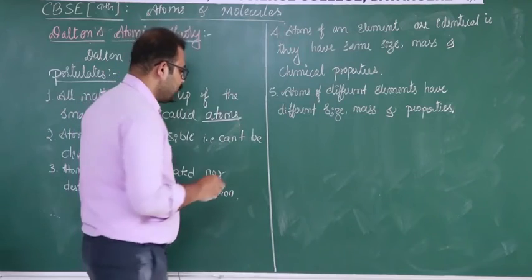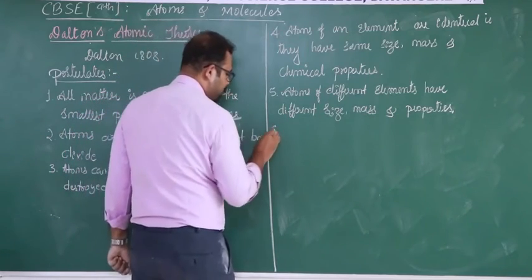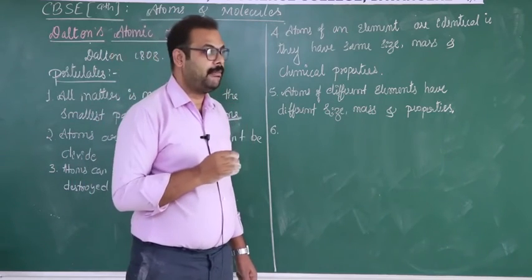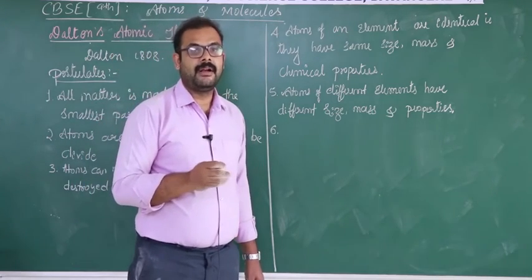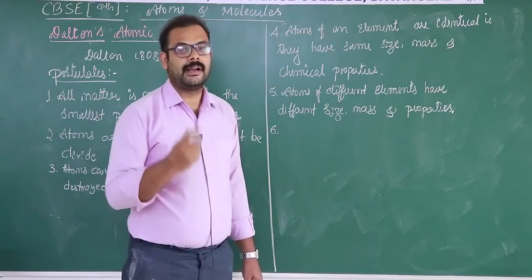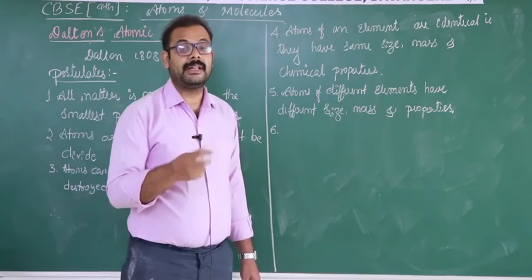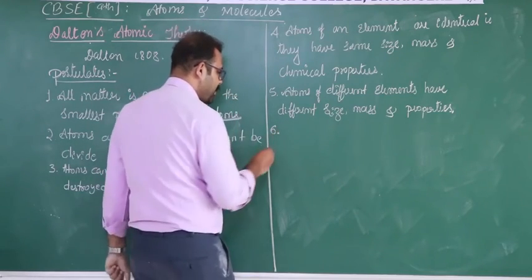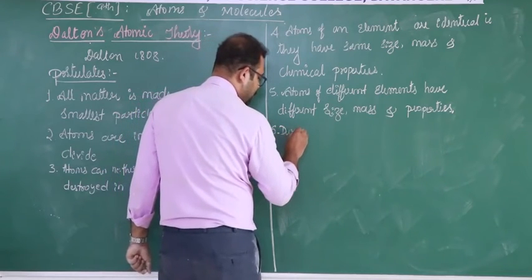So next one: during chemical combination, that means while forming a chemical compound, the atoms combine with another atom in a whole number. They are not going to combine in a proportion, they are going to combine in whole numbers. So the next property, this next passage says that during chemical combination,